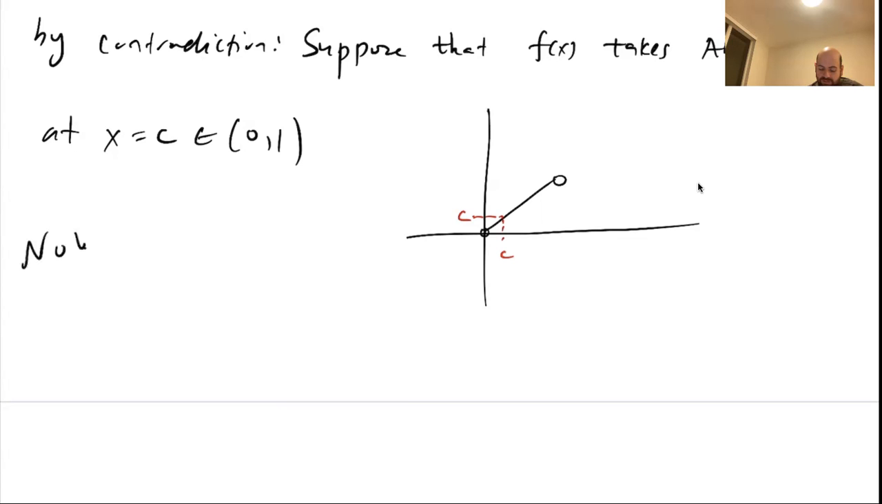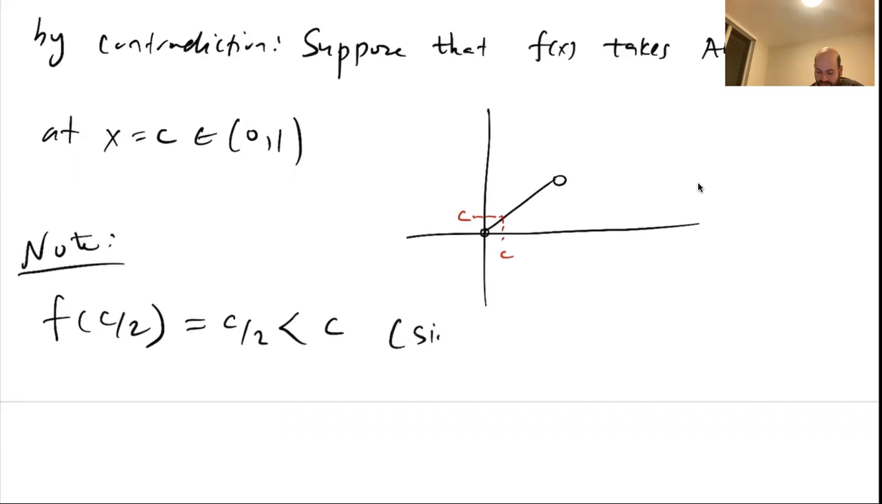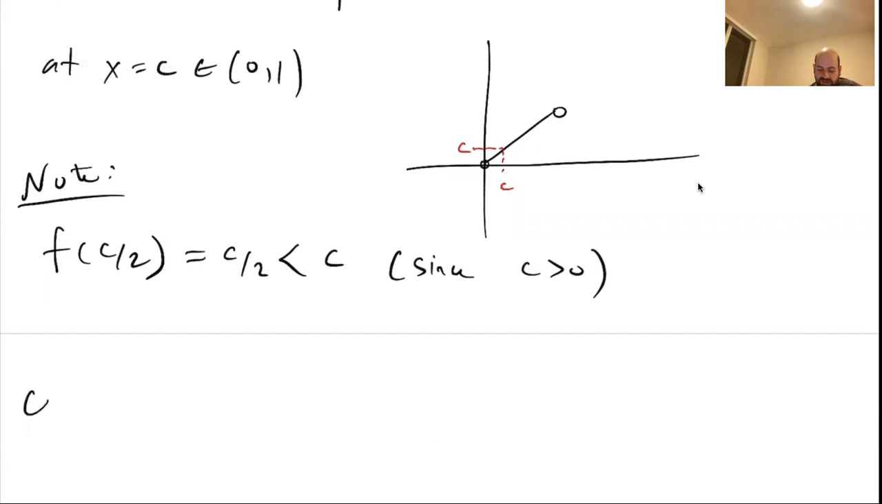And note f of c over 2. f of x is x, so f of c over 2 is c over 2, which is less than c, since c is bigger than 0. c is between 0 and 1, so bigger than 0. If a number is bigger than 0, c over 2 will be less than c. And this is a contradiction with